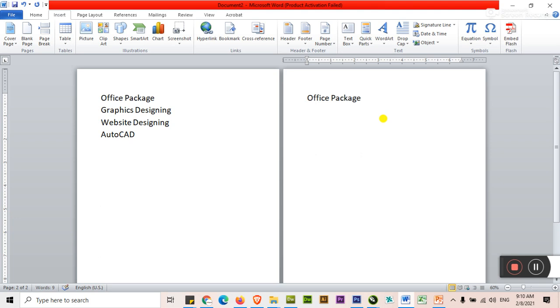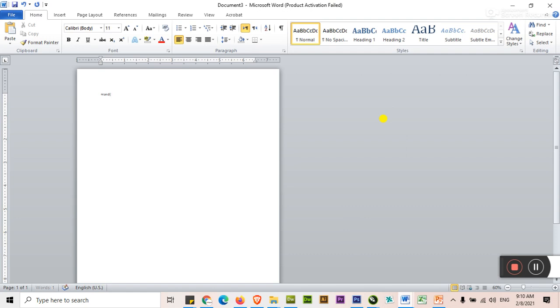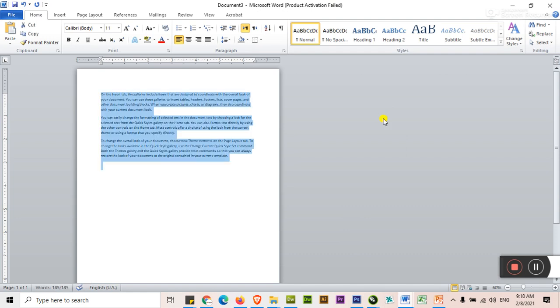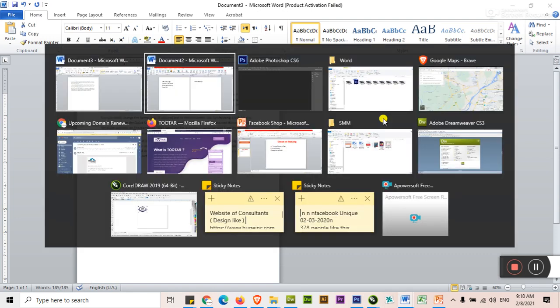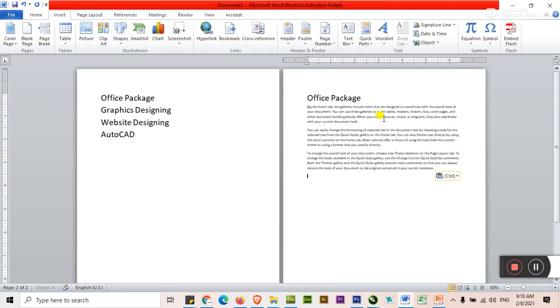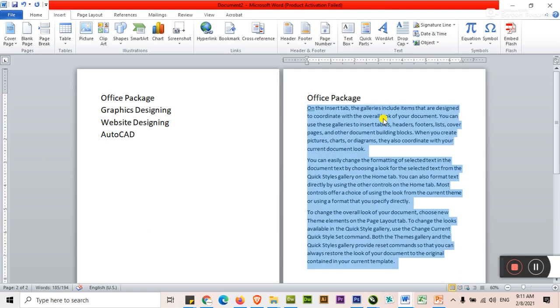Office package, and type its detail here. I am writing some text. I'm just making some temporary text for showing the page only.